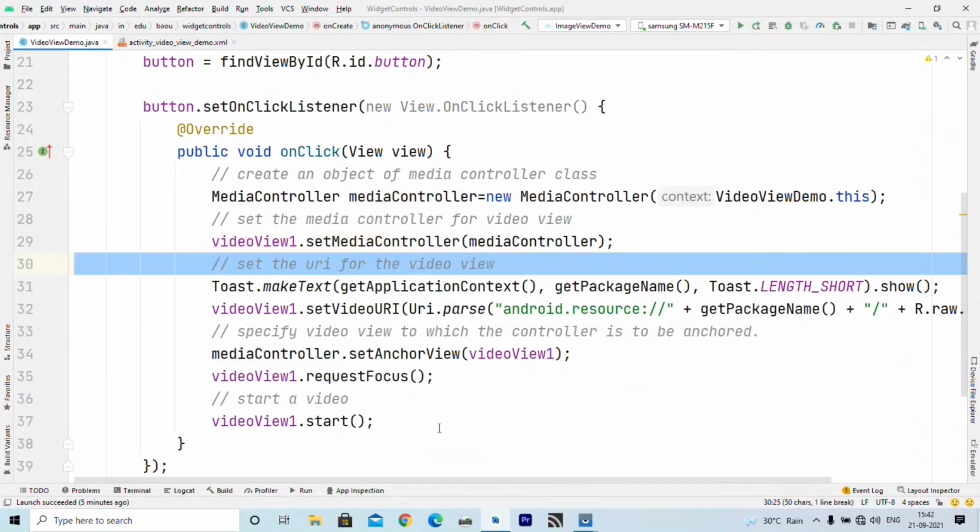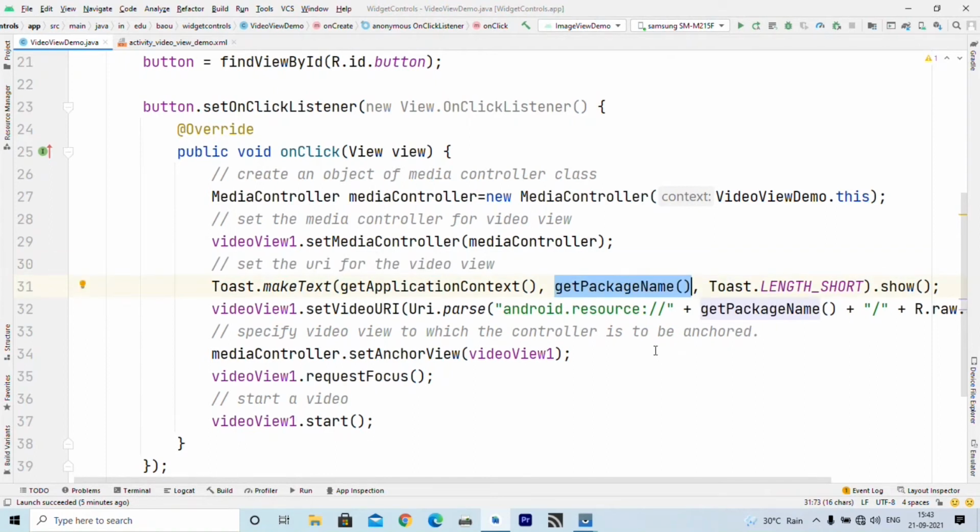The next line actually specifies which video we want to play. Here we have to set the URI for the video view. Now how can we specify the URI for a video which is stored inside our raw folder? For that we can use the video view.set video URI method.